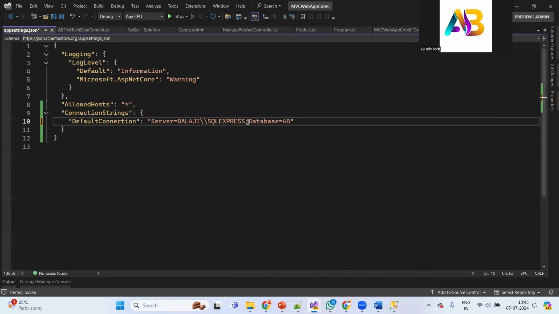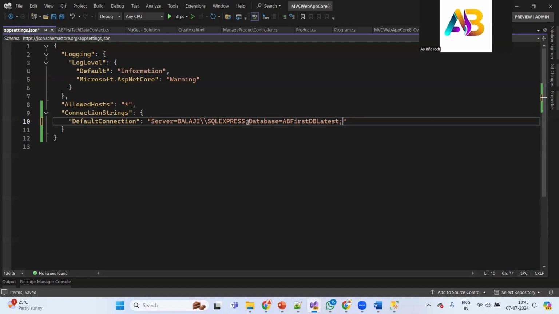AB first DB new or latest. Something like this. I want to give my new different database name, so that I want to create a new database also. Right? So next,